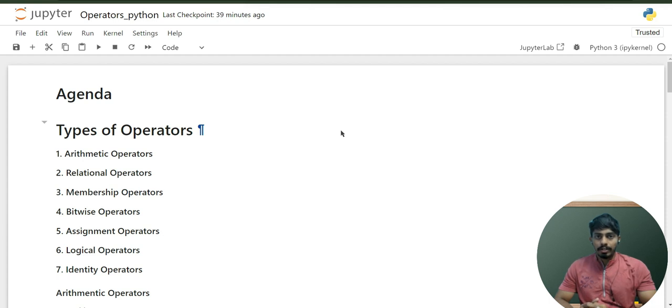So we're going to continue our discussion with respect to the Python series. Today we'll be discussing operators. The operators are very much crucial in operations in your programs. So our agenda for today will be